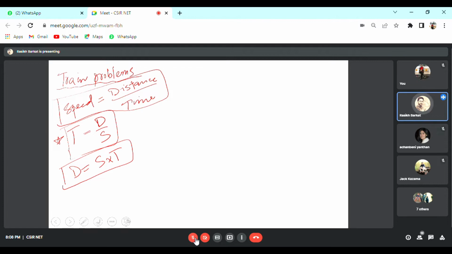ट्रेन में क्या प्रॉब्लम है? ट्रेन में there is a problem of distance. How much distance a train is covering? Now, the first point that you will remember once and for all is that if the train is crossing a point object,